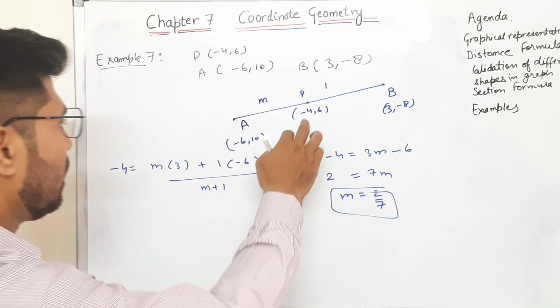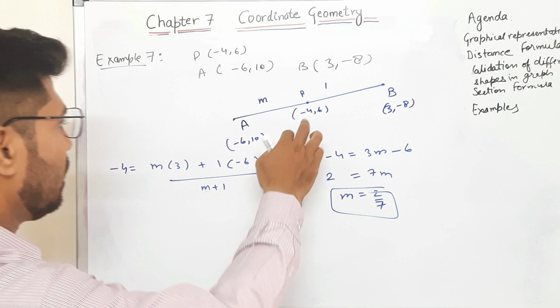Okay guys, now come to the next question. In this question we have two points A and B, and the y-axis cuts the line at point P. We need to find the coordinate of the point P on the y-axis and also the ratio in which it divides the line segment AB. Let's suppose this is our x and y graph. Any point on the y-axis will be in the form of (0, y). We don't know the y, so the abscissa is 0.